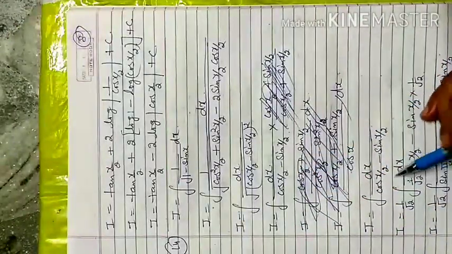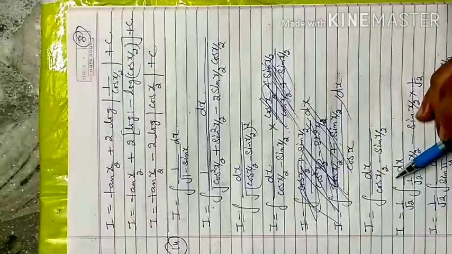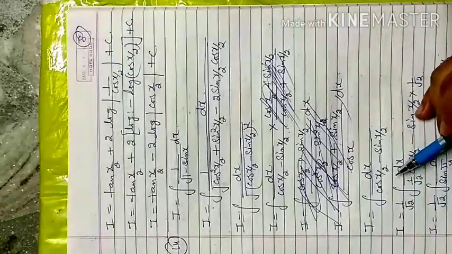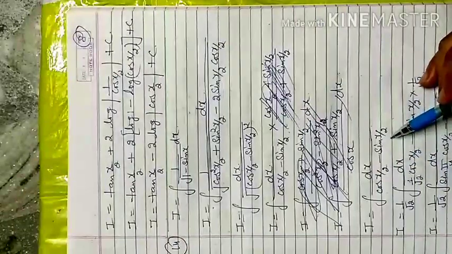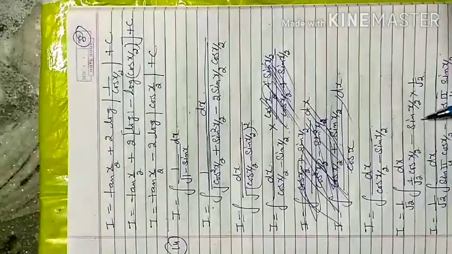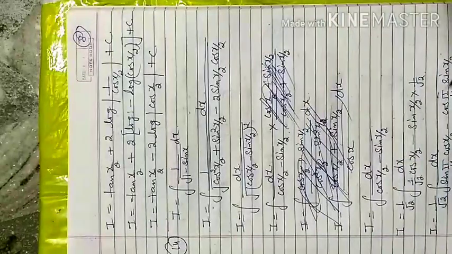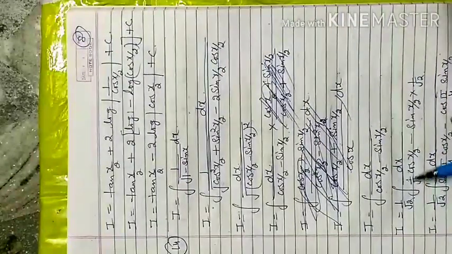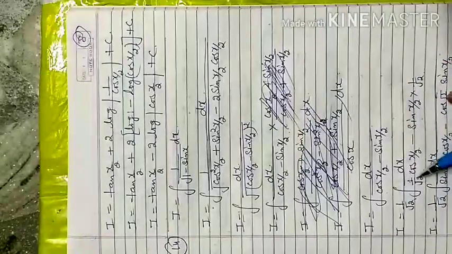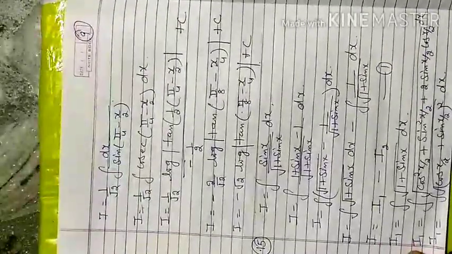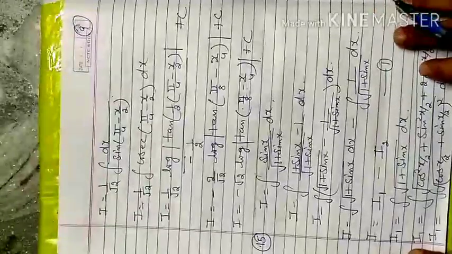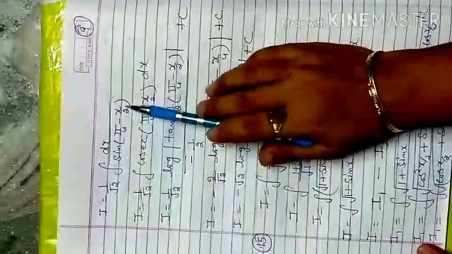Now here you multiply this with 1 by root 2, because the values of sin 45 degrees is 1 by root 2 and cos 45 degrees is 1 by root 2. So I want to adjust with the sin a minus b angle, so I multiply with 1 by root 2 in numerator and denominator both. So 1 by root 2 keep it outside, and 1 by root 2 multiplied in the denominator changes to sin pi by 4 and cos pi by 4. Now if you write sin pi by 4 in place of 1 by root 2 and cos pi by 4 in place of 1 by root 2, that is the same as the sin a minus b formula.